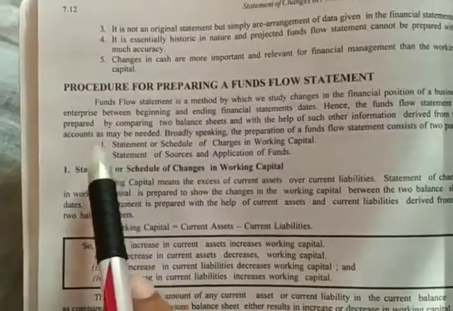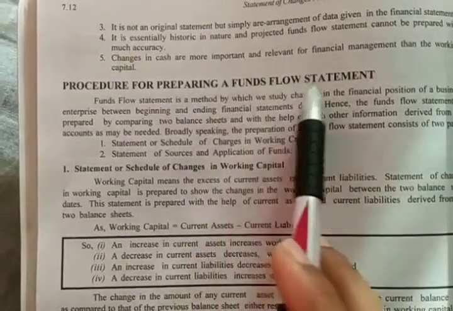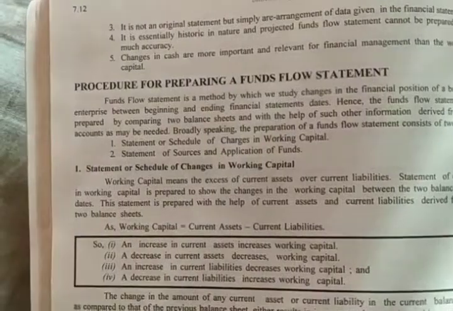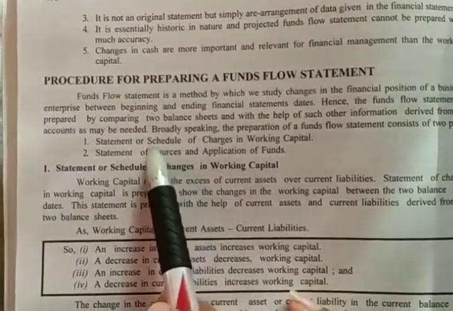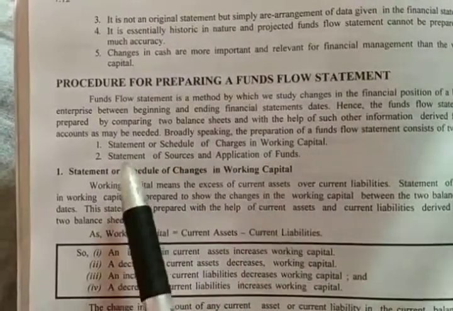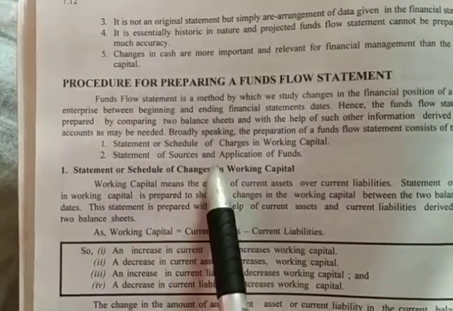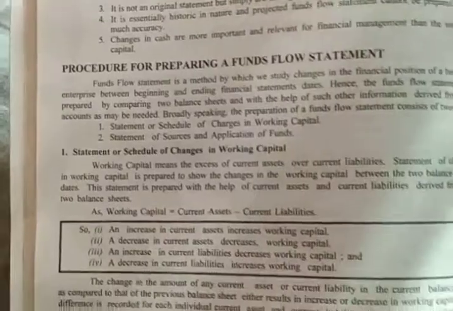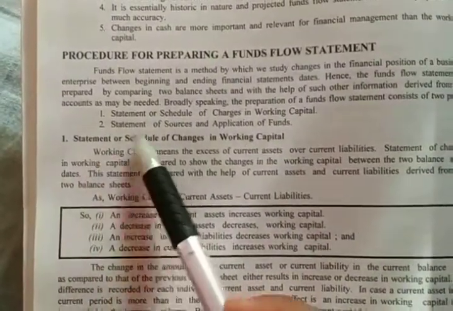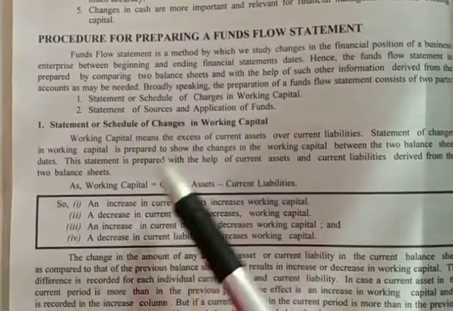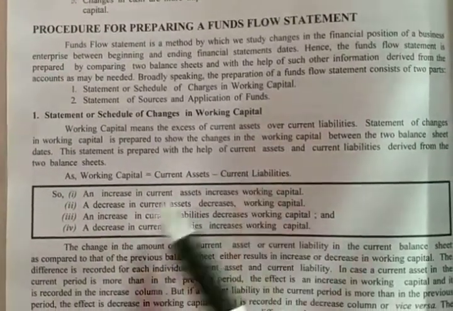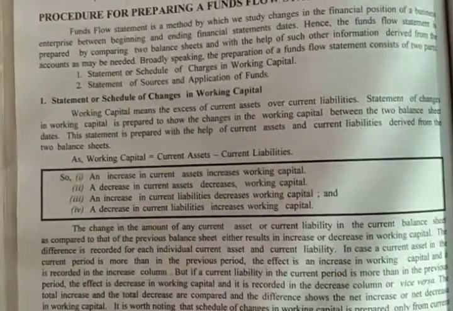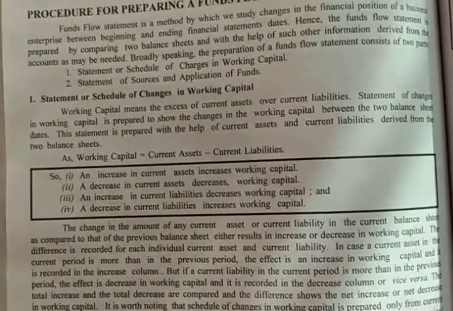So here is the procedure for preparing a fund flow statement. There are two procedures of preparing a fund flow statement: first, the statement or schedule of change in working capital, and second, the statement of sources and application of funds. The first one, working capital, equals current assets minus current liabilities. Over here, they are going to compare 2 years' balance sheets, and they